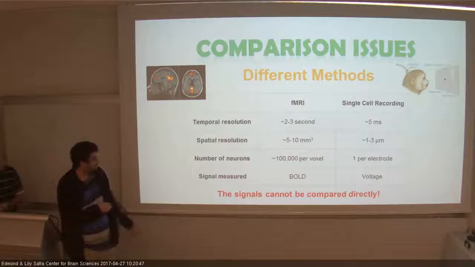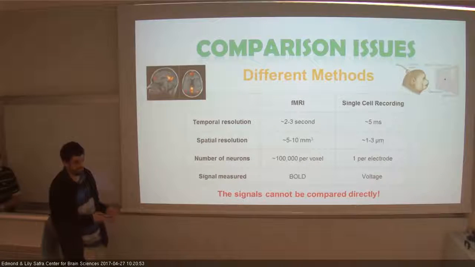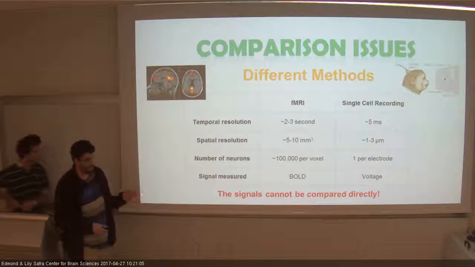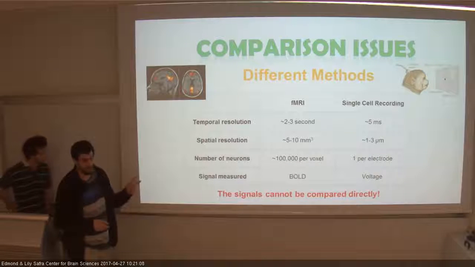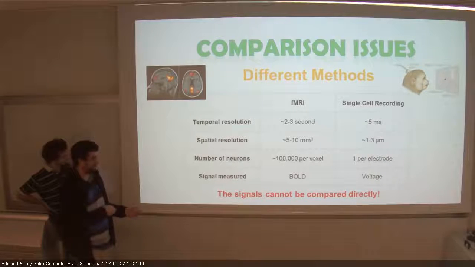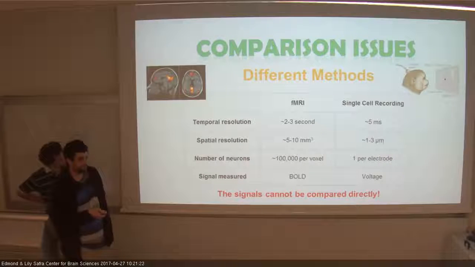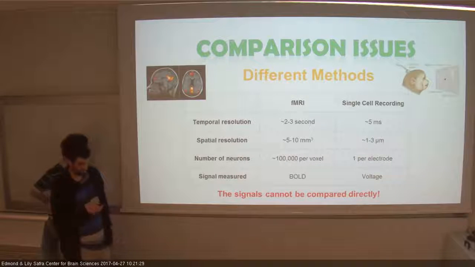And the last point is that the signal that both of these methods are measuring is extremely different. In the cell recording, you're measuring the direct voltage, and in the fMRI, you're only recording some sort of correlation to the activity, by taking the amount of oxygen in the blood in the area of the neurons and hoping that this will respond somehow to those activities. Note that those signals cannot be compared directly. They do not correspond in any way, and this is an issue that needs to be overcome, and Yoav is going